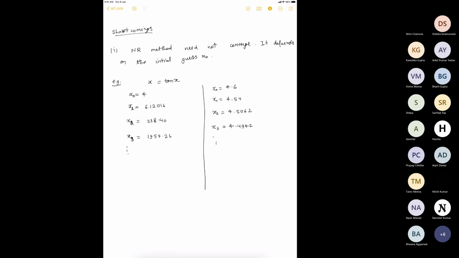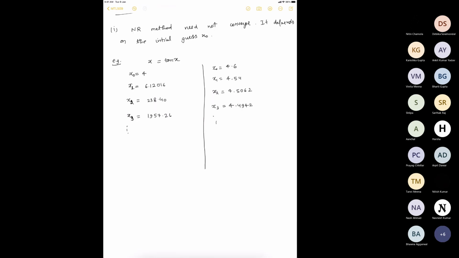Okay, so you can see if you just go further and further, this sequence will not